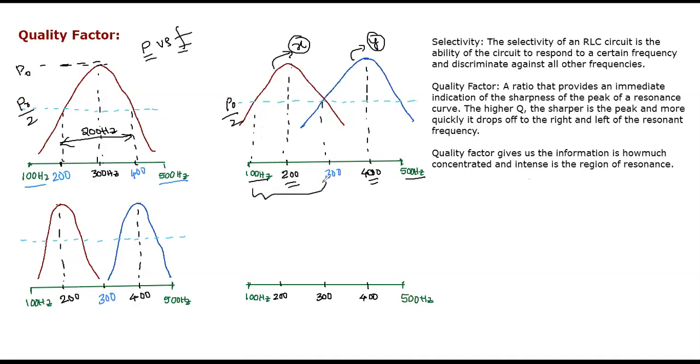Now if you notice, first channel bandwidth is 200 hertz, that is 300 minus 100, 200 hertz. Coming to the second channel, that is channel Y, this channel Y upper half power frequency is 500 hertz and lower half power frequency is 300 hertz. Now bandwidth of the second channel is again 500 minus 300, that is 200 hertz. Clear? So in these two previous cases, case number 1 and case number 2, for both signals RLC circuit power and bandwidth are the same.